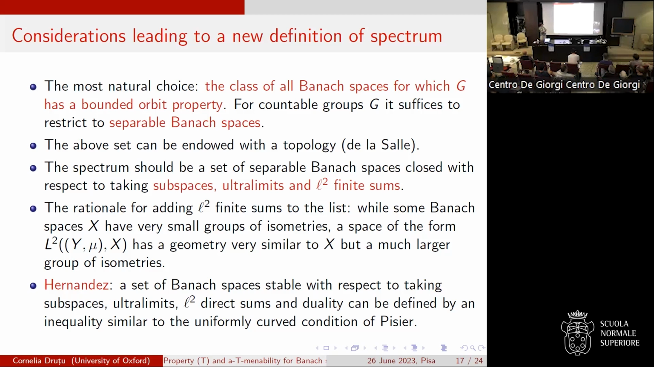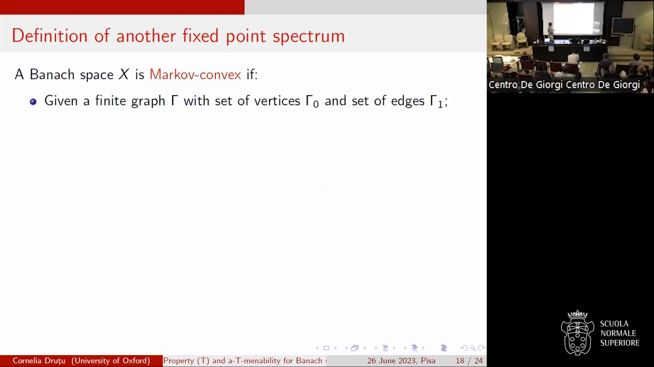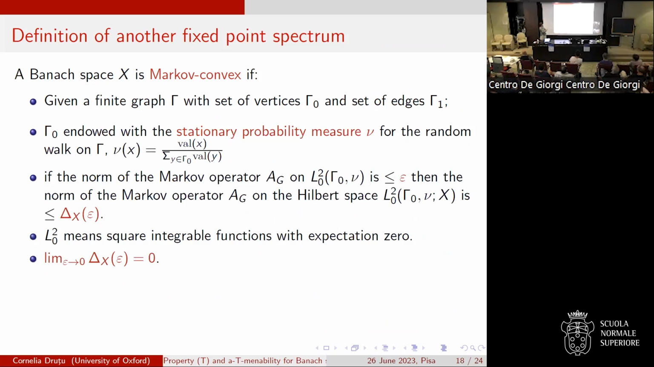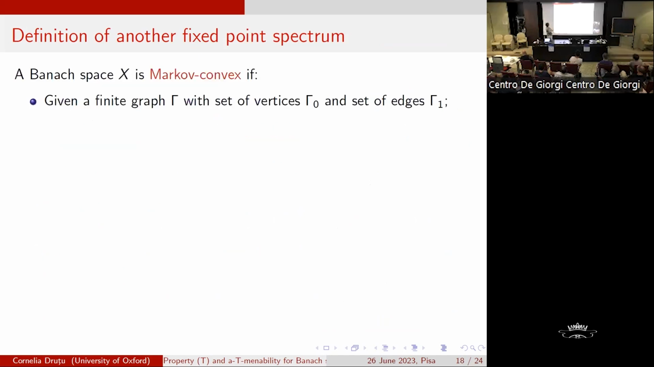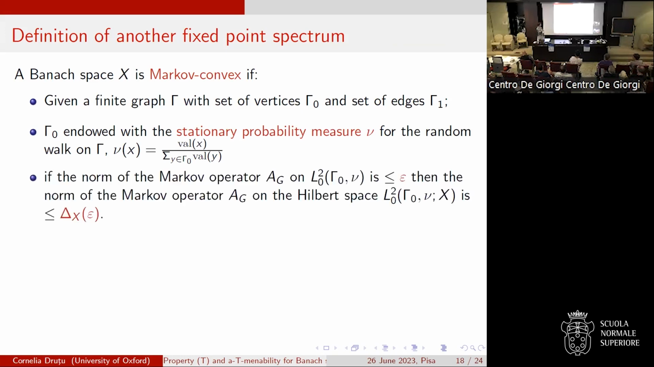All right. So anyway, we do have a definition of the spectrum related to that. The way we formulate this is via a property called Markov convexity. So we say that a Banach space is Markov convex if the following property is satisfied. Whenever we have a finite graph with a set of vertices gamma naught and a set of edges gamma 1, we endow it as usual with a stationary probability measure for the random walk. And the condition for this space is the following: